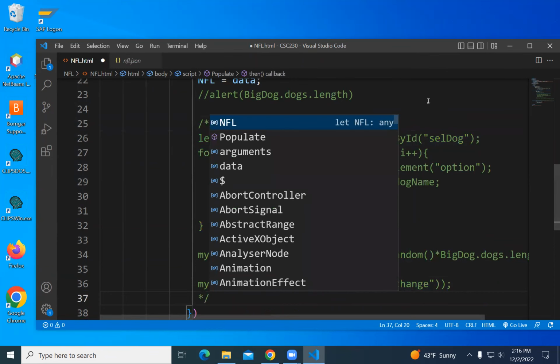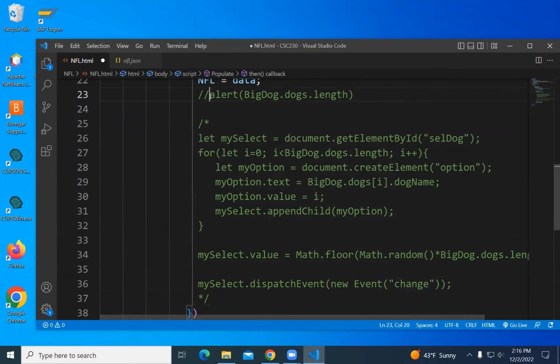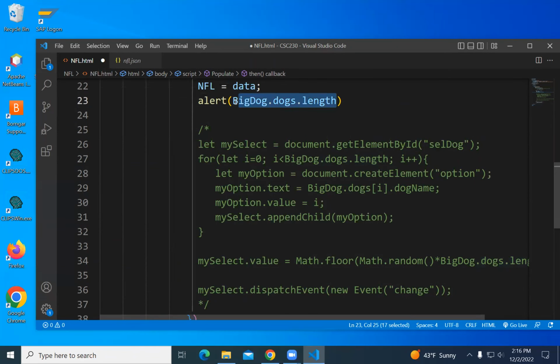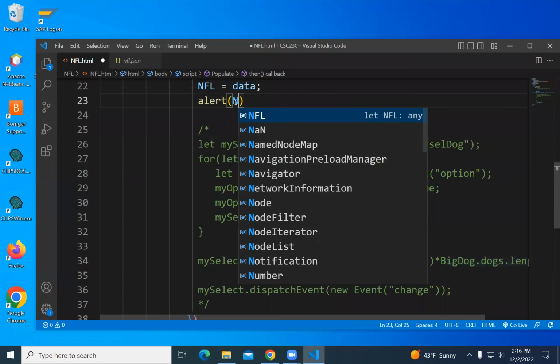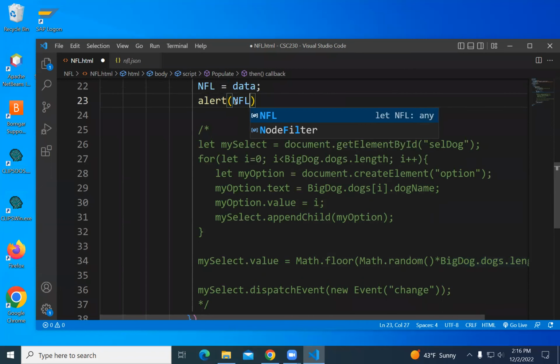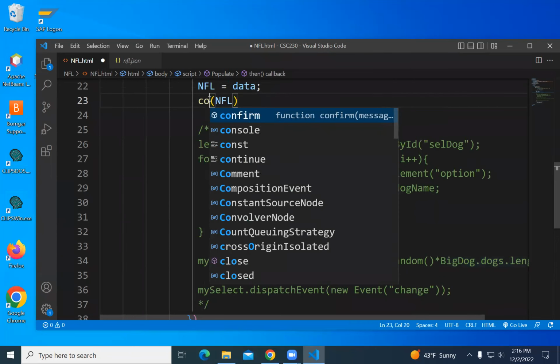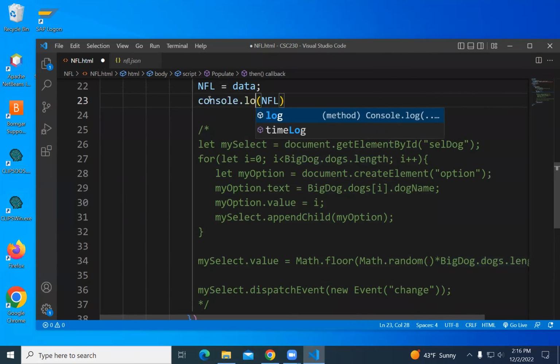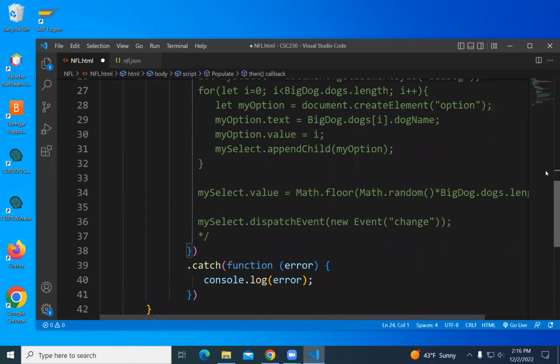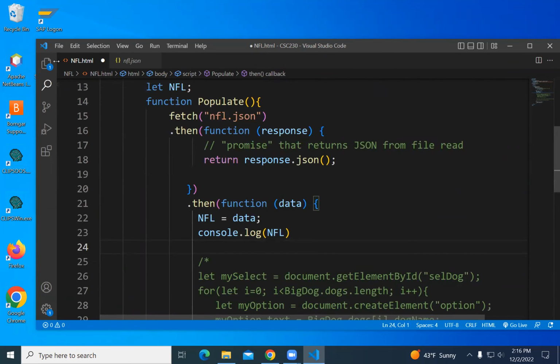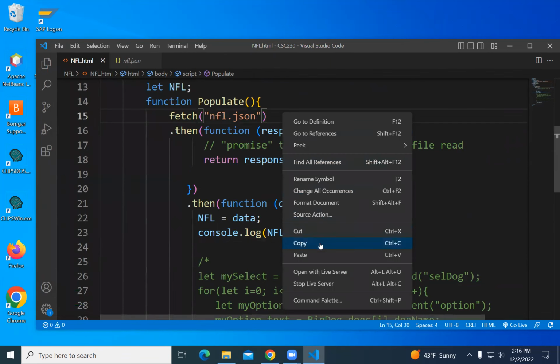I just want to see if I have the NFL data. I don't want to alert NFL, let me console log NFL. Have I read the data? That's all I want to know at this stage. The page is totally boring, it does nothing, but have I read the data file?